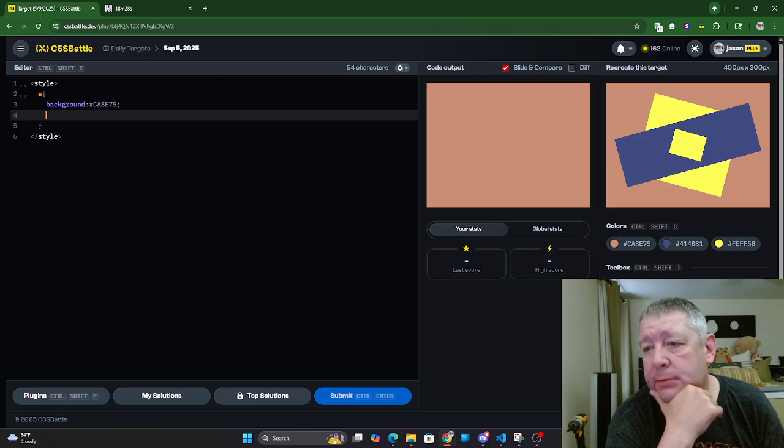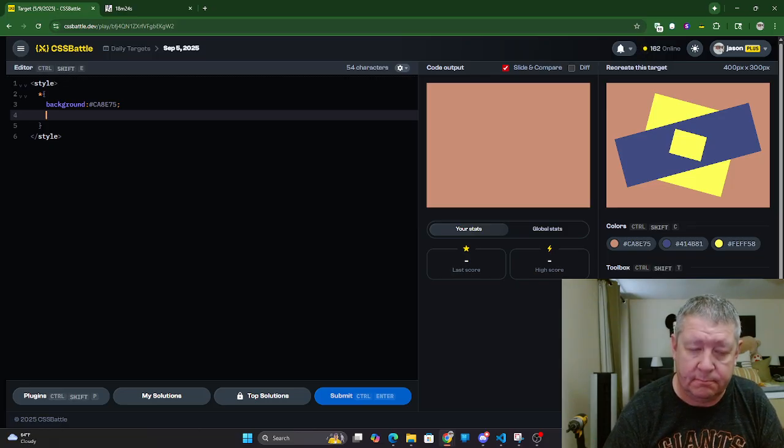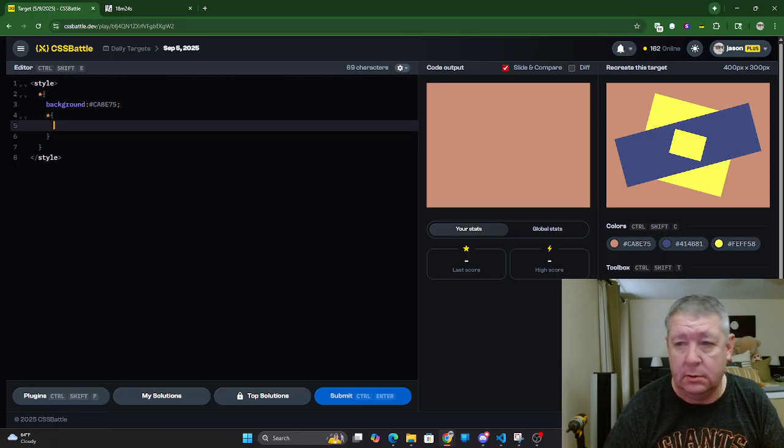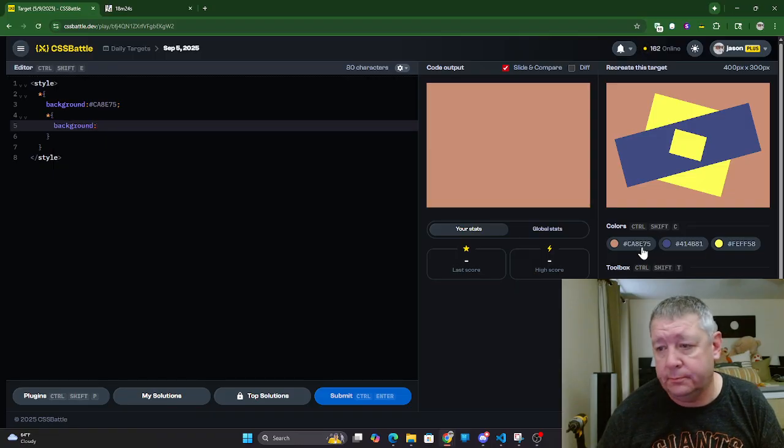Rotating bodies are not fun because they make their child elements rotate weird. Not fun and not possible are two different things. Let's try selecting the body, making background yellow,